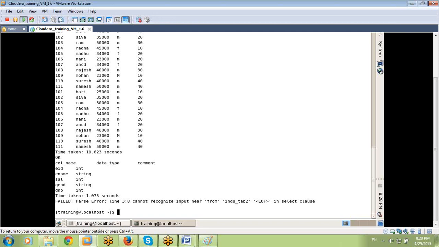The error is there is no star, nothing like specified column names or a particular table. That is the error.